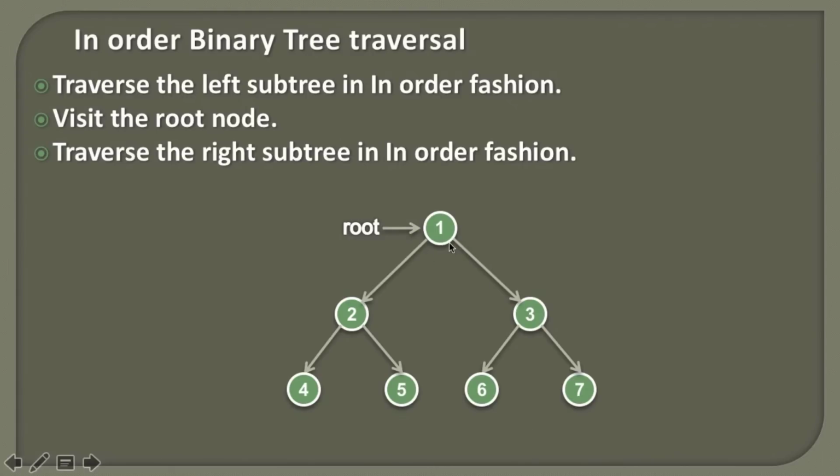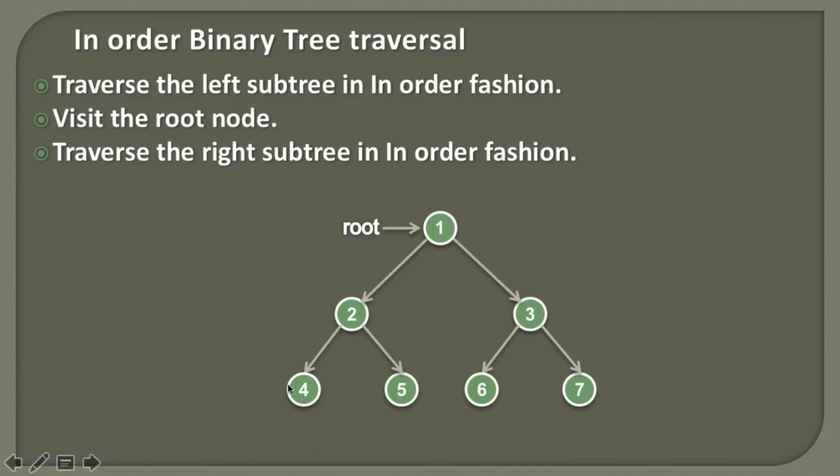So when we are at node 1, before processing this node we go to its left subtree. Now as we go to its left subtree, we encounter the node 2. When we encounter the node 2, we apply these 3 steps over the node 2, and before processing the node 2, we first traverse its left subtree, then we process the node, and then we go to its right subtree. So before processing the node 2, we go to its left subtree first. Once we reach the node 4, we apply these 3 steps on the node 4. Before processing the node 4, we traverse its left subtree, then we process the node, and then we go to its right subtree.